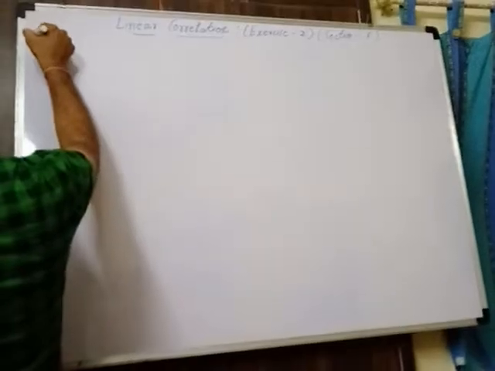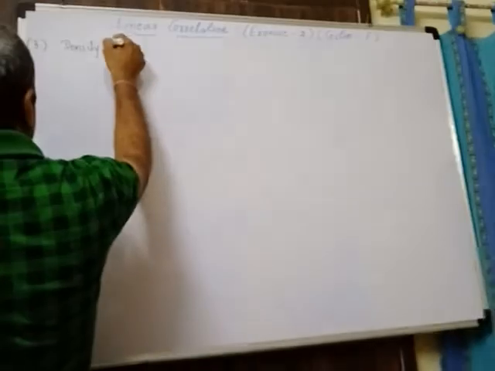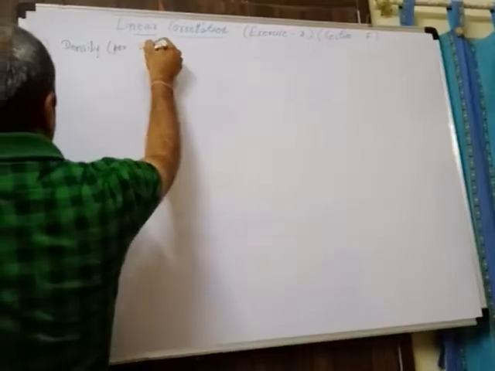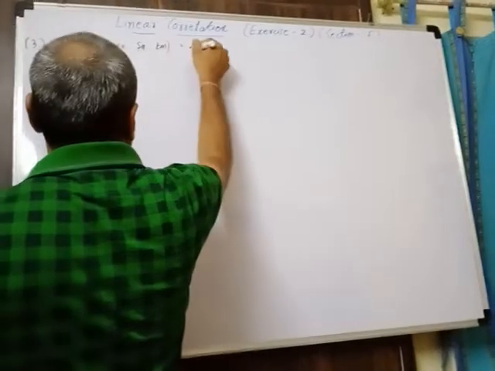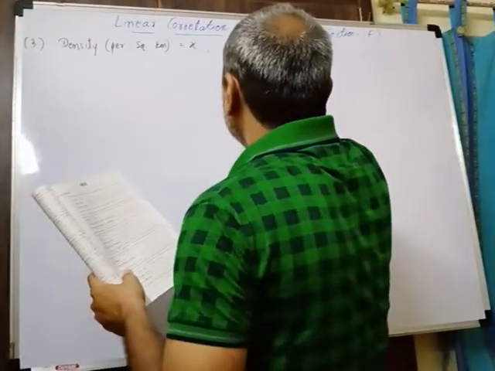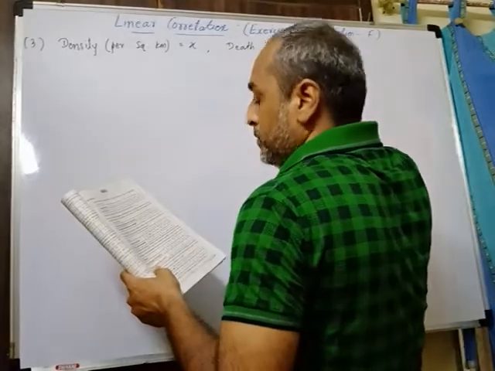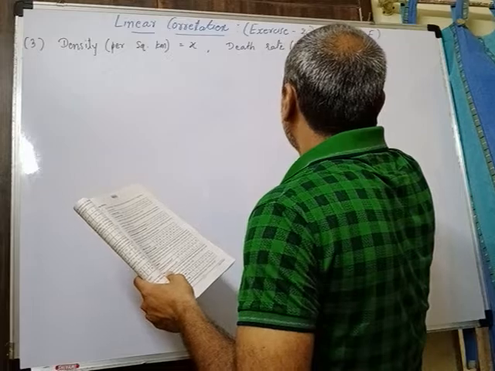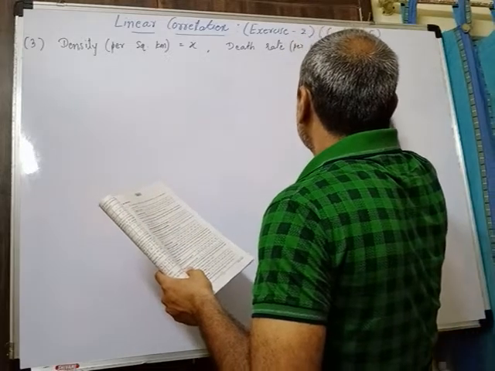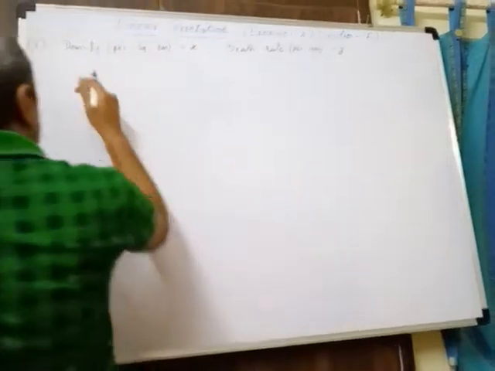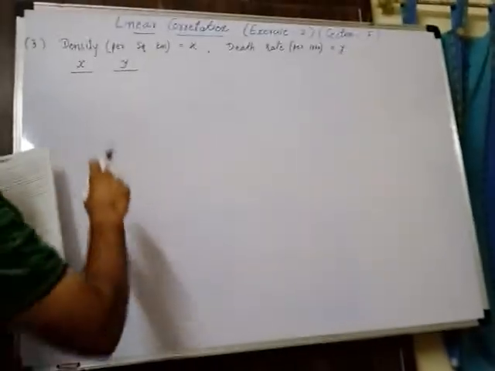So I am going to write over here that assumption first of all. It is question number 3. Density per square kilometer is considered as variable x and death rate per thousand is considered as variable y. Okay, and now I am going to write the two variables available in your sum. City names are given, but city names are not important for us, so we will write only the variable values.